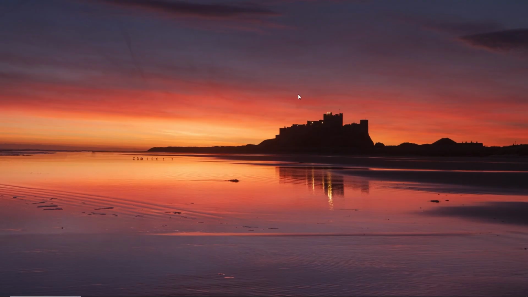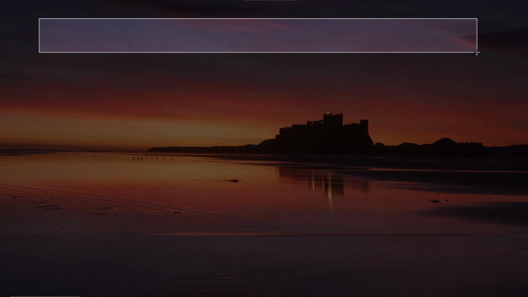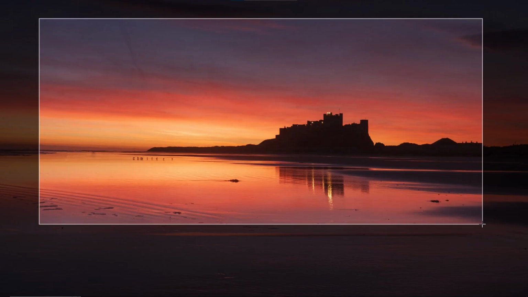So let's get started. To get a screenshot, you simply have to press some keys on your PC. Press Shift on your keyboard and then the Windows key, plus S. Once you press S, a menu will pop up over here on this page, and you simply select the area that you want to screenshot